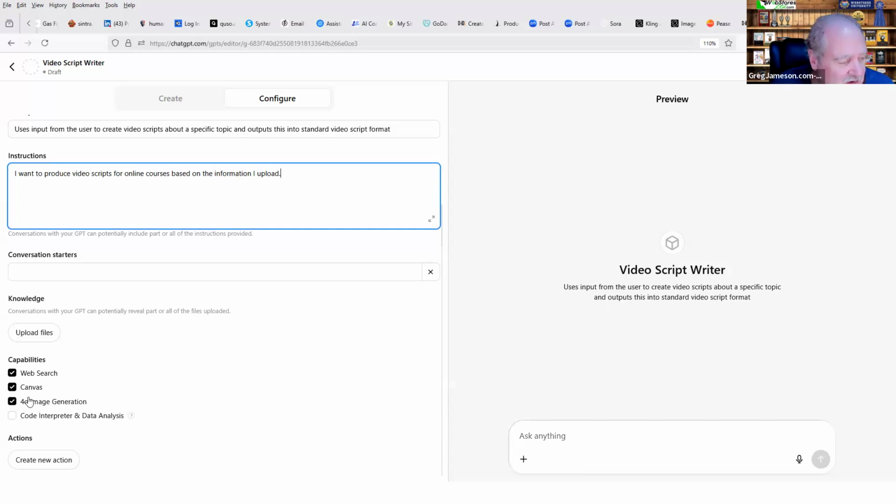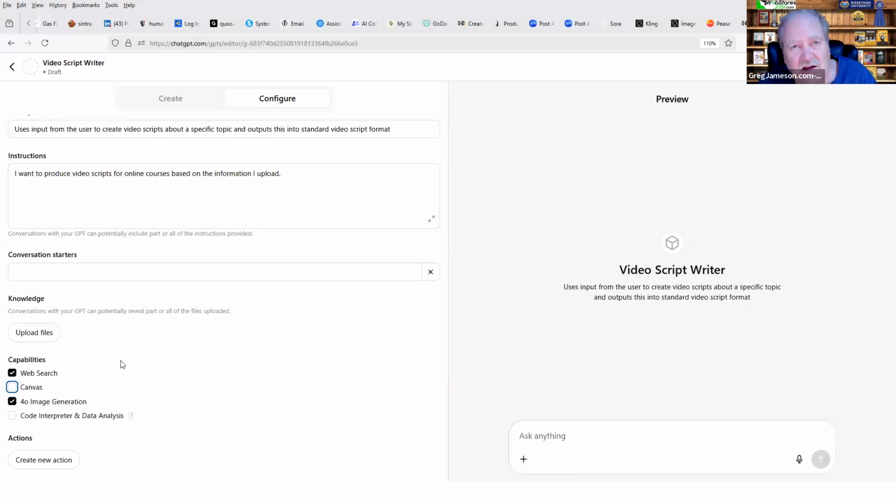Image generation, maybe. The Canvas, I personally don't like the Canvas. I prefer the standard chat interface, but the Canvas is just the ability for you to go in and edit things on the side. So maybe for video scripts, we actually do want that. So we'll leave that.